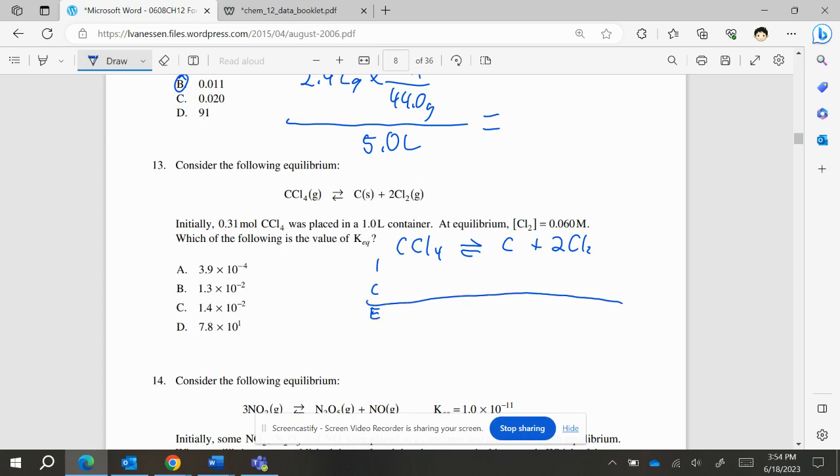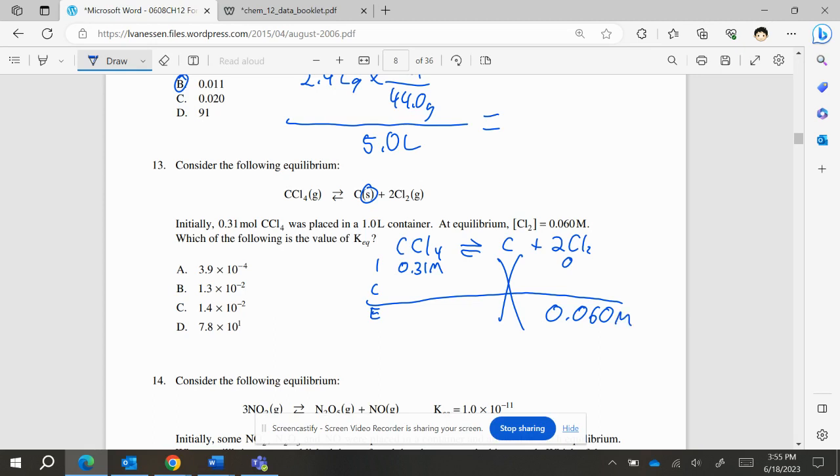That's not my best straight line, but we're just going to live with it. We have a solid right here, so we're not going to be doing anything for that one right there. Initially, the only thing that's thrown in here is the carbon tetrachloride. It's a 1 liter container, so 0.31 divided by 1 is 0.31. And that implies that there's no chlorine added into it. At equilibrium, though, we do have some chlorine gas in there. So we have 0.06